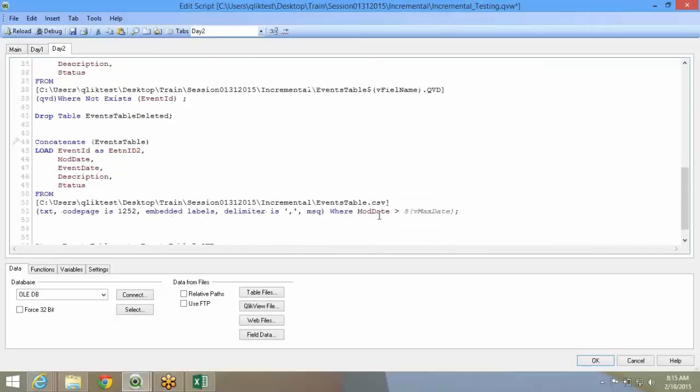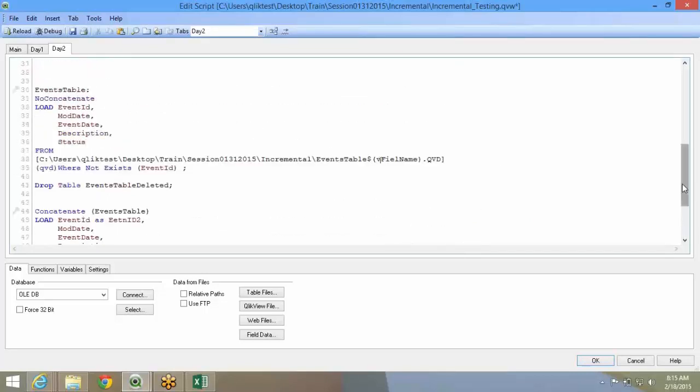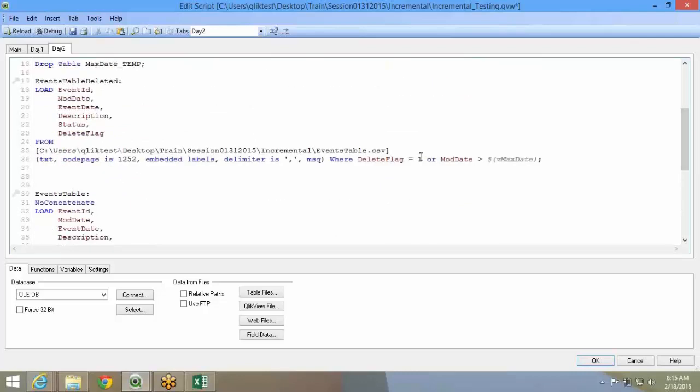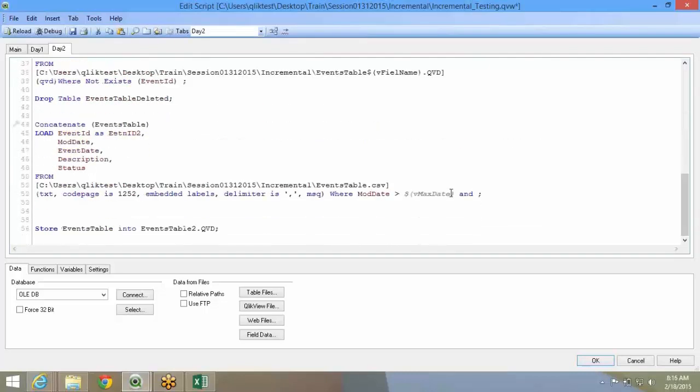Now in the third load, I go back to my source data and I bring only the data which is modified and not deleted, wherever the delete flag is not equal to 1. First I bring delete flag equal to 1, I drop off those records, I don't really want them, and I say delete flag not equal to 1.